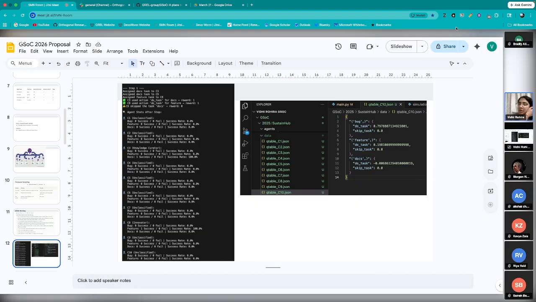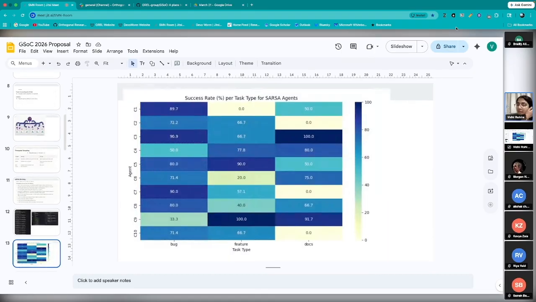This was a lot about what I did last year, so my mentors know, but about the other people, right? This was one of the graphs that I had used to show the outputs. After a lot of steps of running it, we can see that contributor one has done the bug task around 89.7 times, and similarly for the three tasks and all the 10 agents. This image shows 10, but when I did the project, the final simulation which was created could actually have more agents involved.